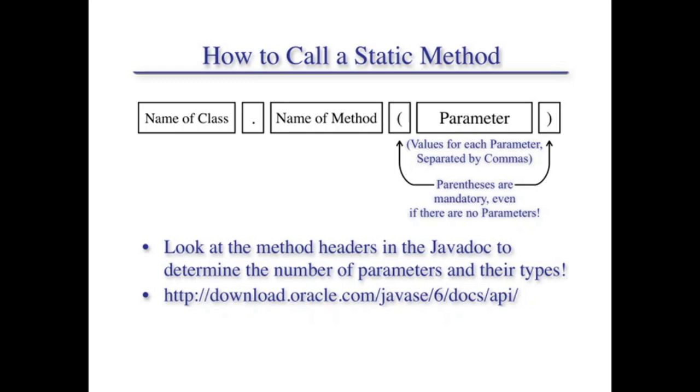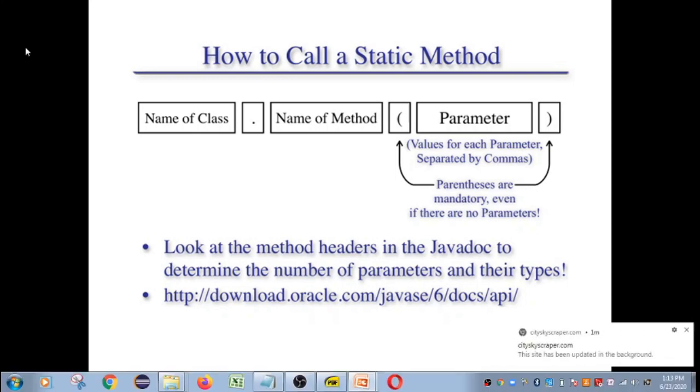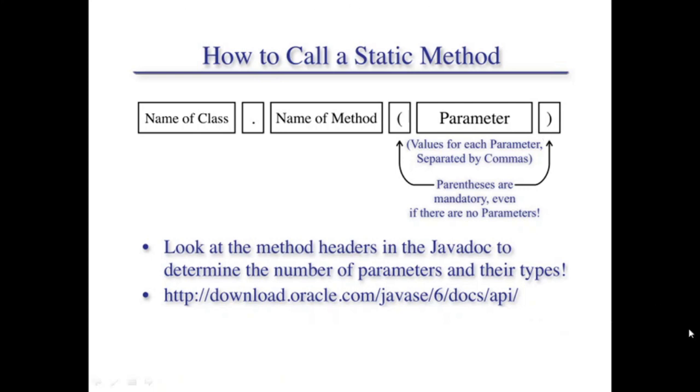Okay, so the name of the class, as you can see in the syntax: name of class dot name of method, then there will be opening parenthesis and closing parenthesis. One should be very clear that the method always has opening and closing parenthesis. Then the arguments can be optional. You might not have any argument, you might have some arguments, but the thing is that they should be enclosed properly in parenthesis.